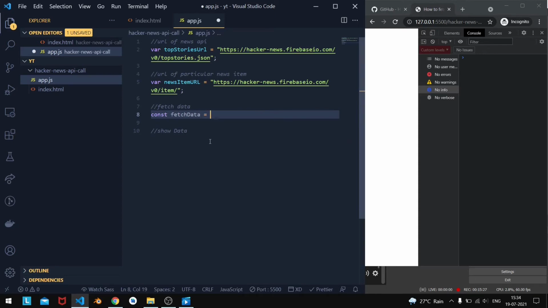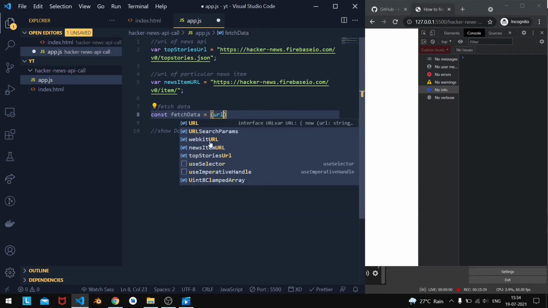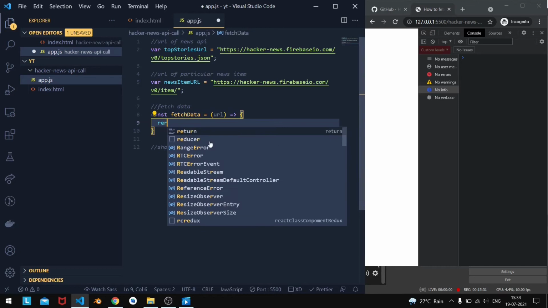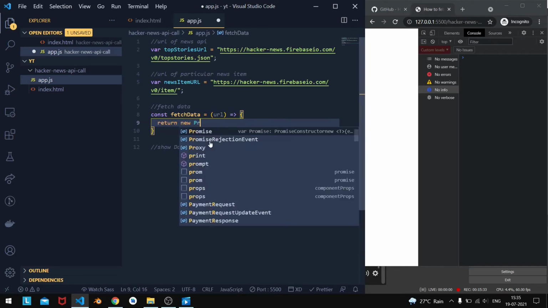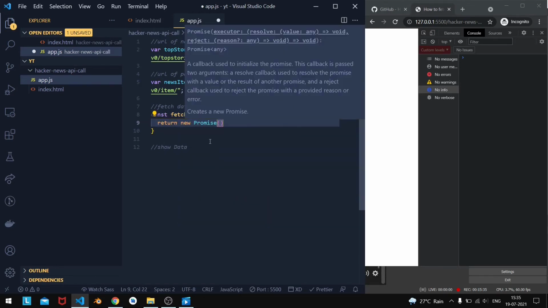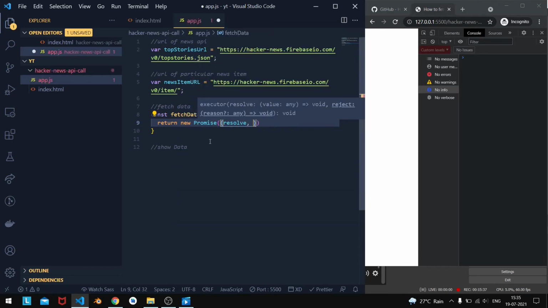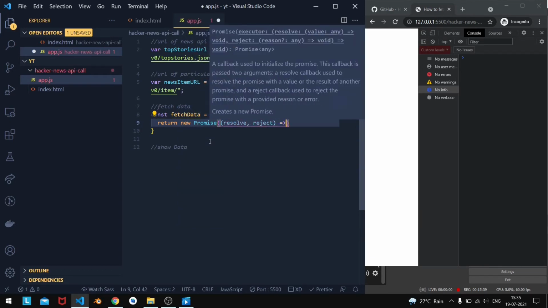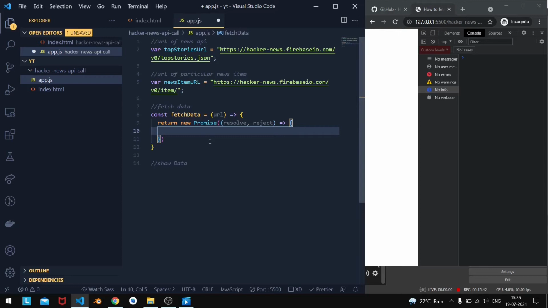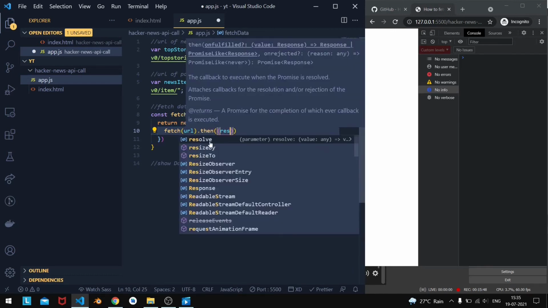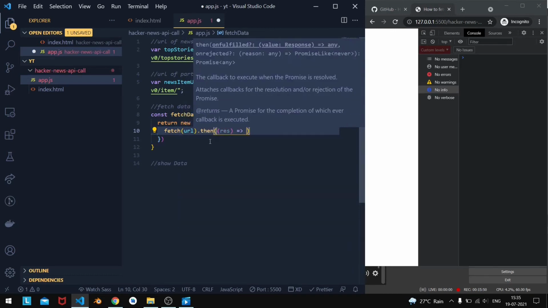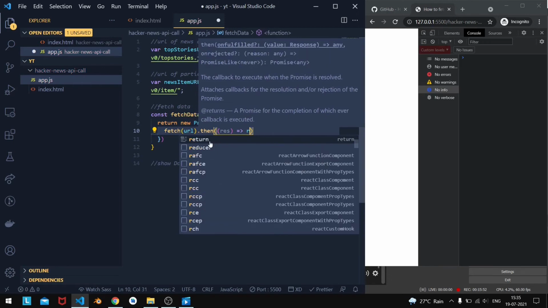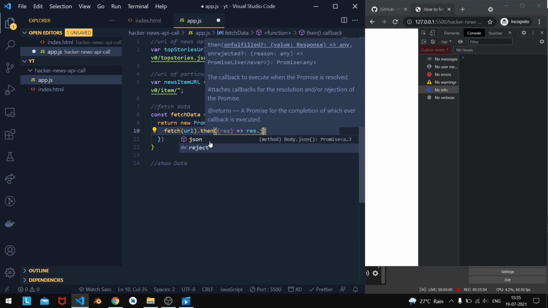We create a function named fetchData, which will have a URL as a parameter, and we will return a promise. A promise takes two things, one is resolve and one is reject. We will now use the fetch API and pass URL as its parameter, and then we'll return a response for it.